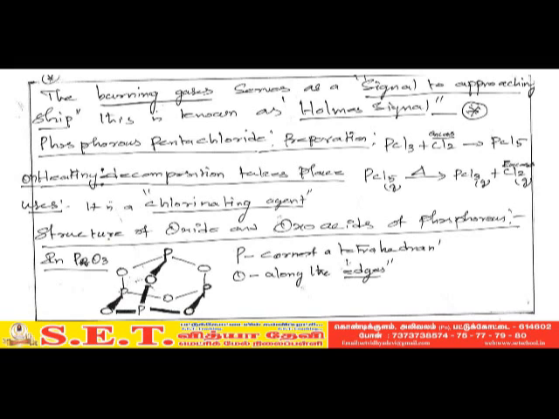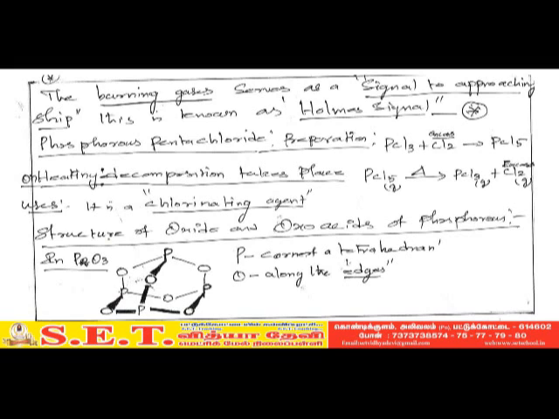It may be asked in 2 marks questions: how will you prepare phosphorus pentachloride? You have to write PCl3 treated with chlorine to give phosphorus pentachloride. Now we are going to know about the reactions of phosphorus pentachloride. First reaction, on heating, phosphorus pentachloride undergoes decomposition to give phosphorus trichloride and excess chlorine. Next topic, uses of